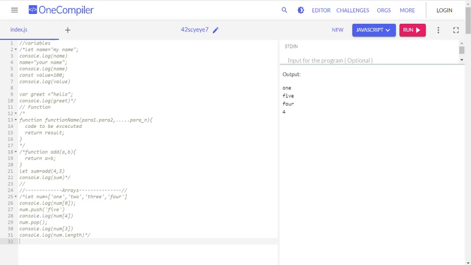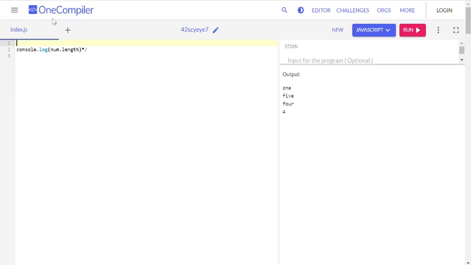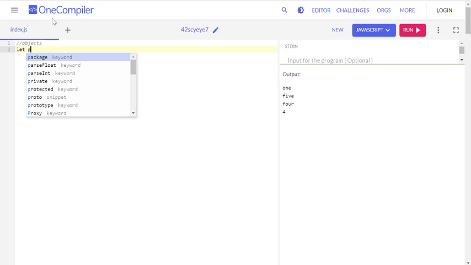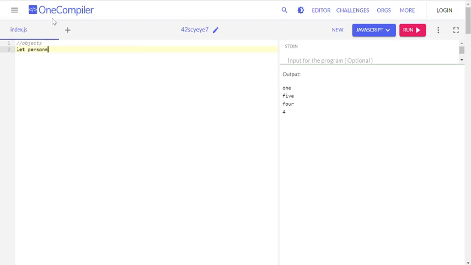Coming to the next concept, objects. Objects are a collection of key value pairs. They are useful for representing real world entities with attributes. Let us consider an example. So coming to objects, let us consider an example. let person equals to